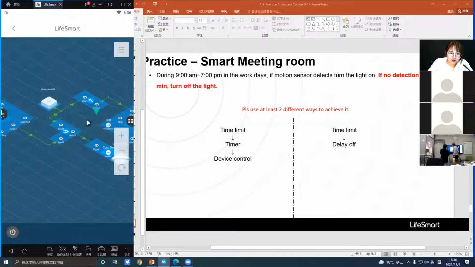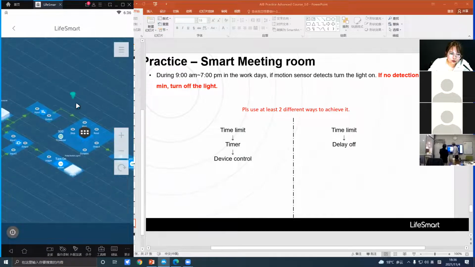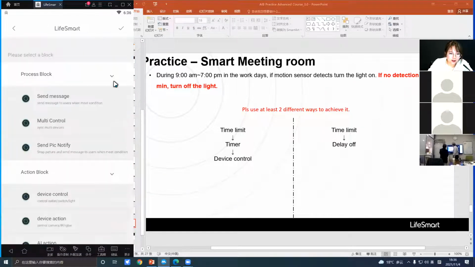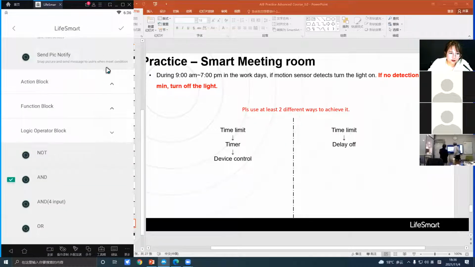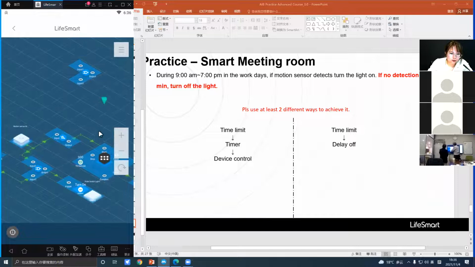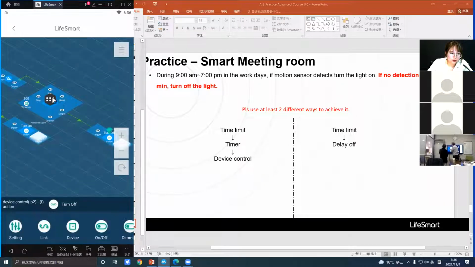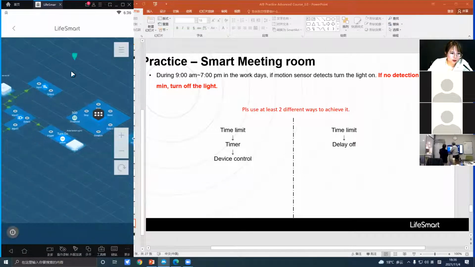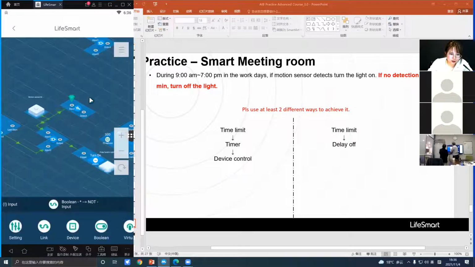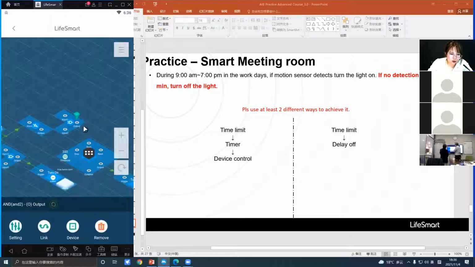So here also needed to use an end block here. So let me move it. If motion sensor no detection, also